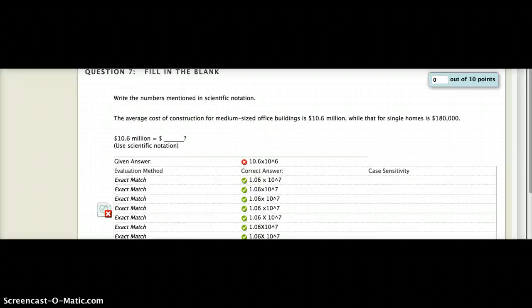Alright, question 7 has to do with scientific notation. So if it's 10.6 million, we know that the million means that we're going to have times 10 to the 6th, but we have 10 here, so you need to move the decimal over once to the left